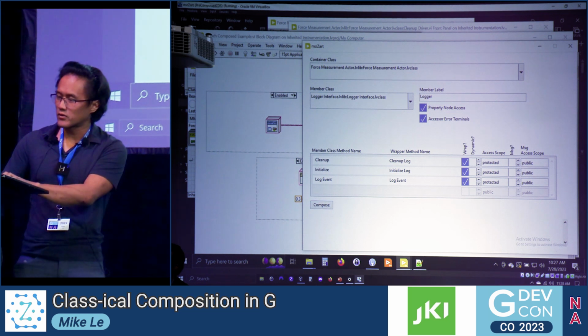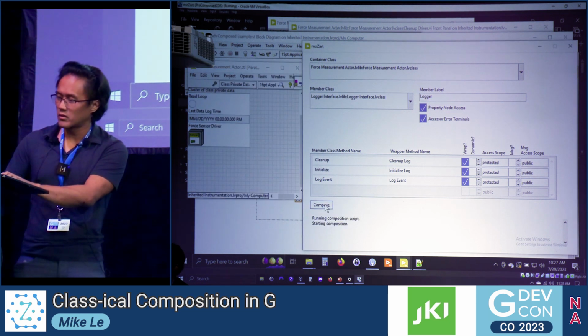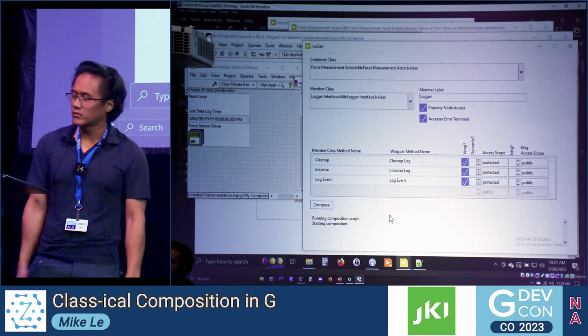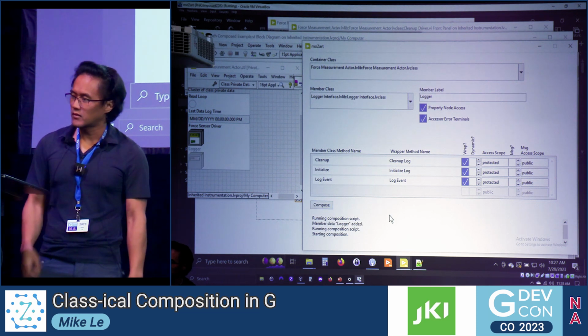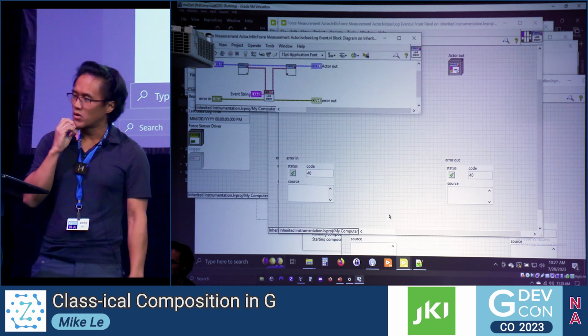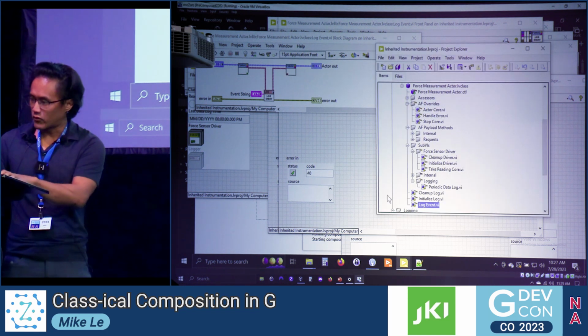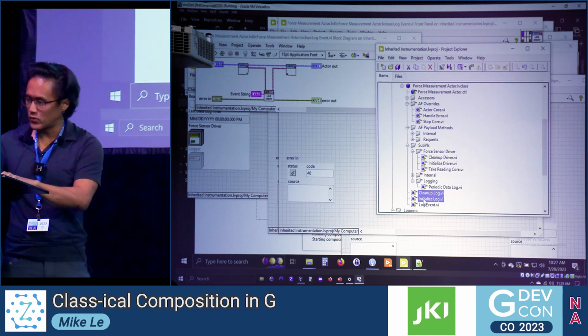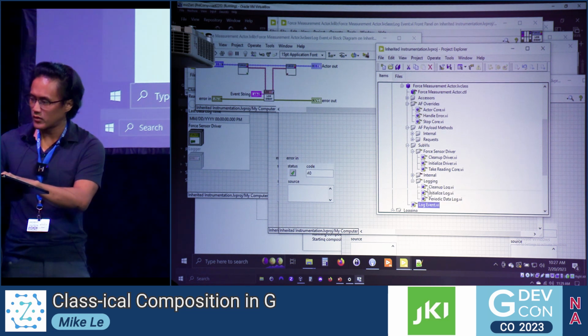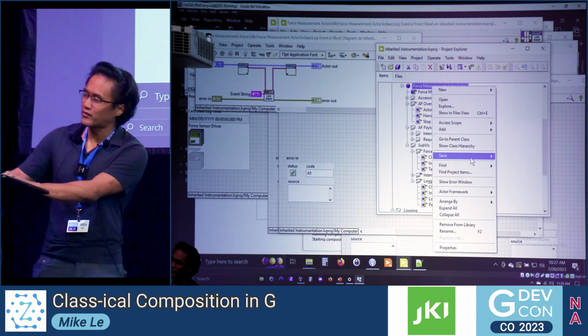I'm going to hit compose, and this should just work again. There. That's all great. Again, I'm going to drag these into the logging folder and do my little hokey pokey ritual with the class.